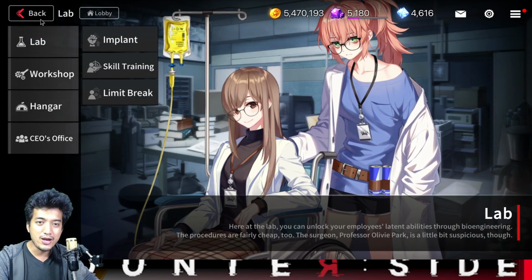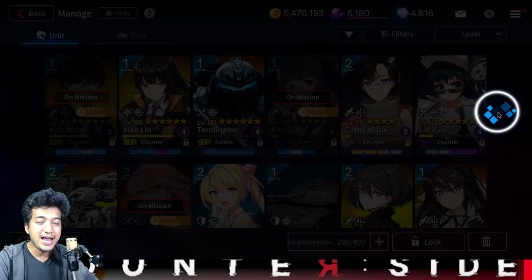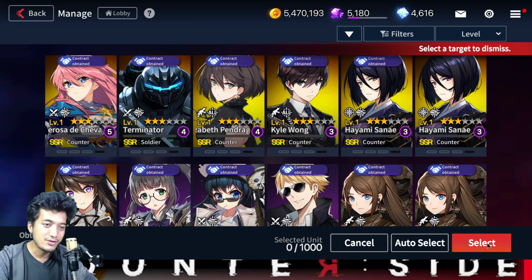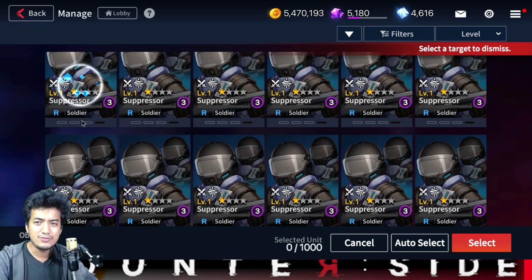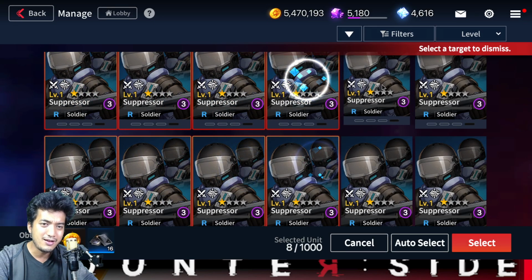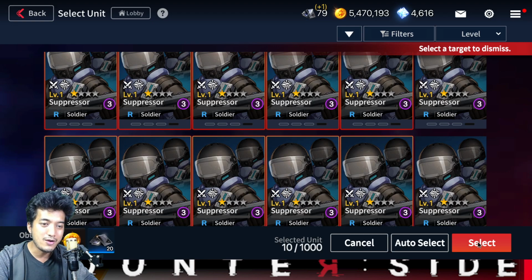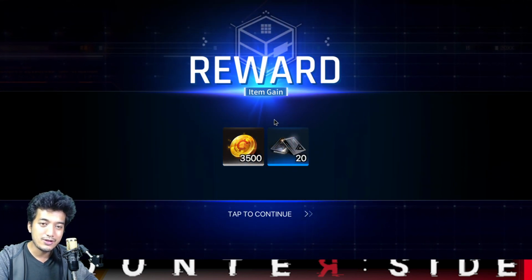The third way of using your characters in the very proper way is actually by dismissing them. Yes, you heard me right. Click on this trash can item right over here on the bottom right corner, and if there is any unit that you just don't want in your account because they don't serve you any purpose at all, then guess what, guys? You can just sell them and start earning a lot of ownerless business cards. Yes, you heard me right. You can actually get ownerless business cards plus credits by